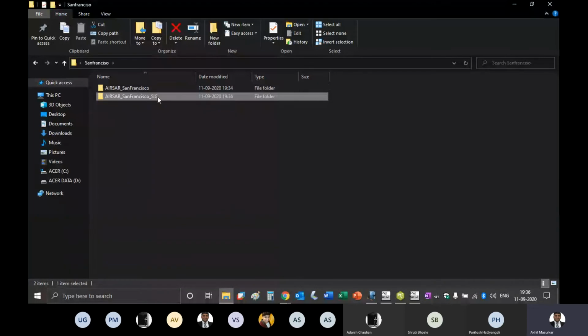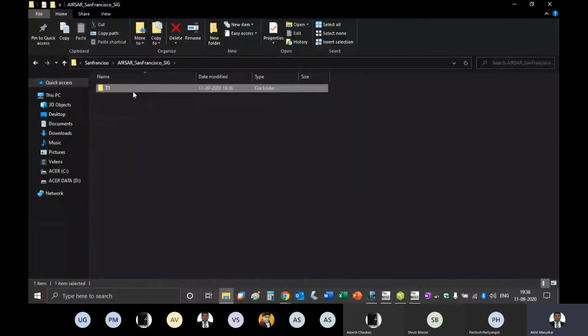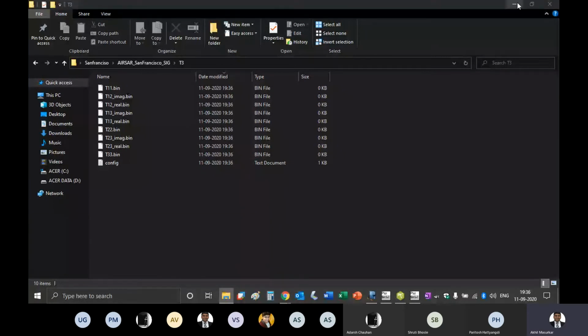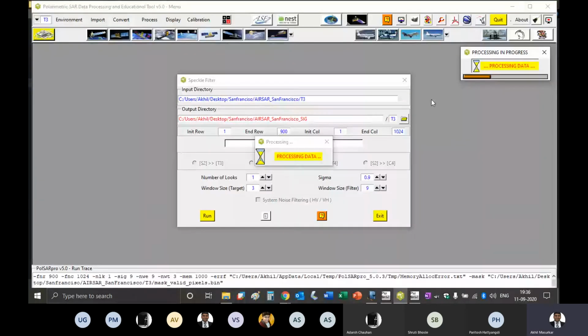In San Francisco, yes. In that we have a T3. Let's see. It's getting processed.